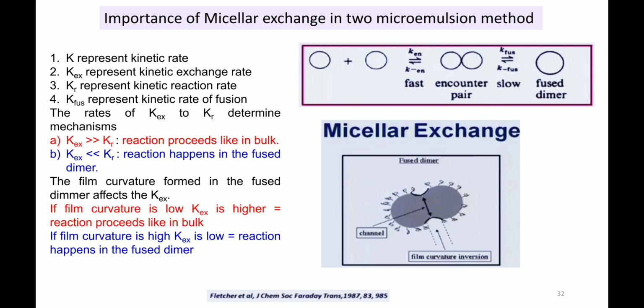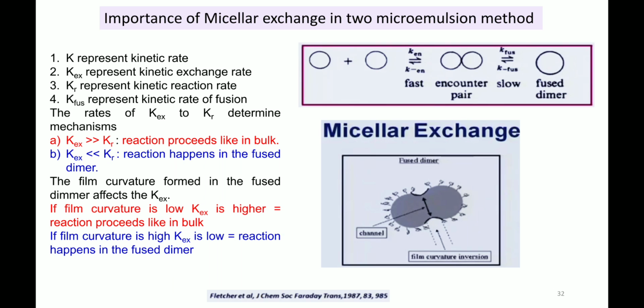If this is the case, then the reaction proceeds like in the bulk. This is what happens in the bulk, right? We just add reactant A and reactant B. Once we add them, it takes a long time to react, and what we get as the end product is in the form of a bulk. So it is a big